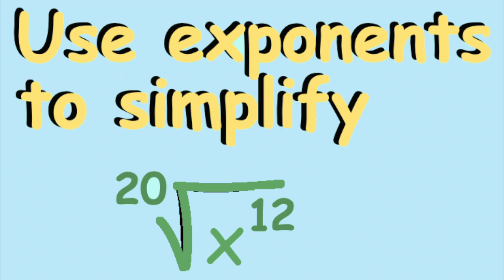So we have this radical expression, and we are asked to simplify this using exponential notation. In calculus, you're going to see that certain things you want to do, half of them is very unpleasant unless you're using the exponential form, and the other half is very unpleasant unless you're using the radical form. So in calculus, you're going to have to be able to quickly move back and forth between the two forms